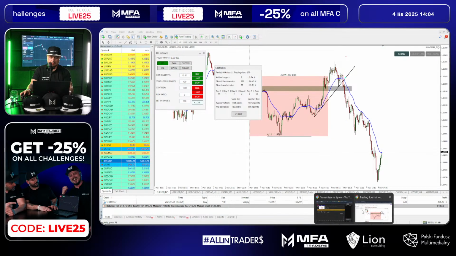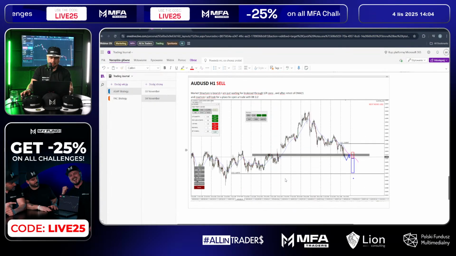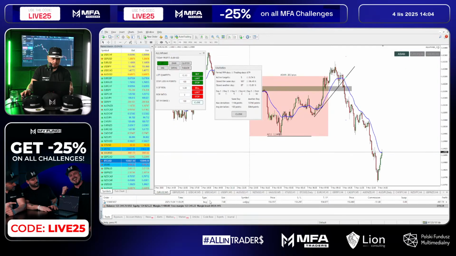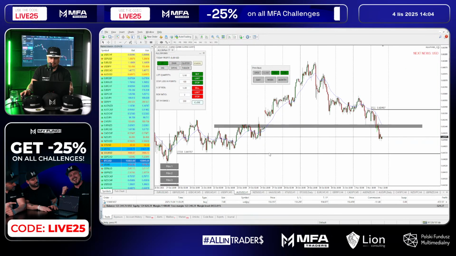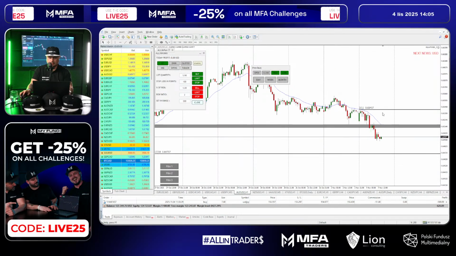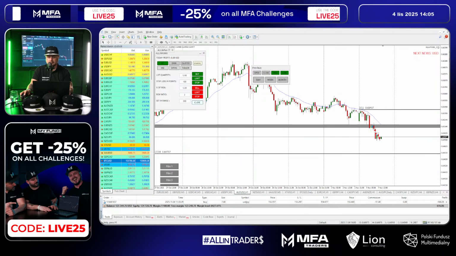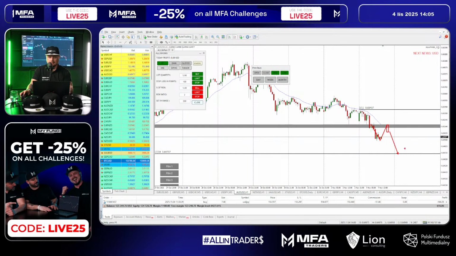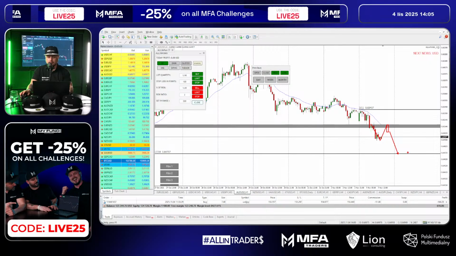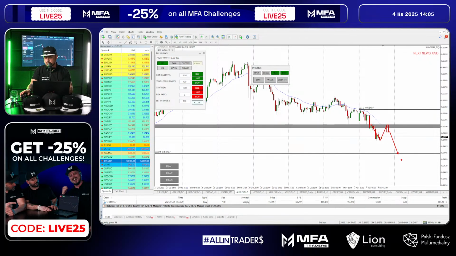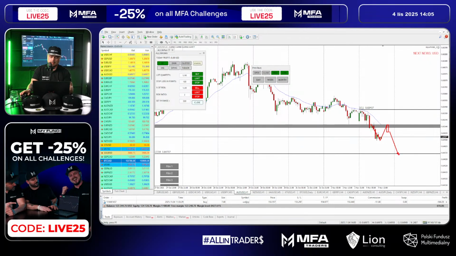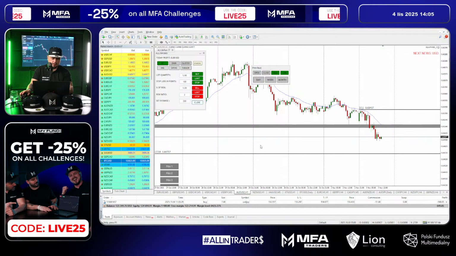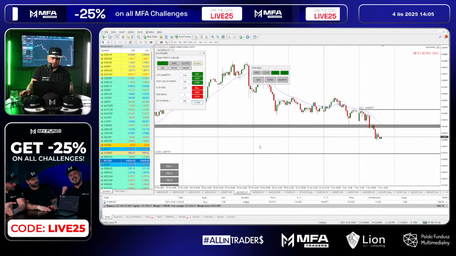And one more plan was made on the Australian dollar. And this one, I'm very curious because I didn't check that yet. Okay. We got a breakout. So now we need to wait for retest. And maybe we're going to be able to open a position during this session. We will see. Maybe we're going to wait for news. Depends what's going on on the charts.